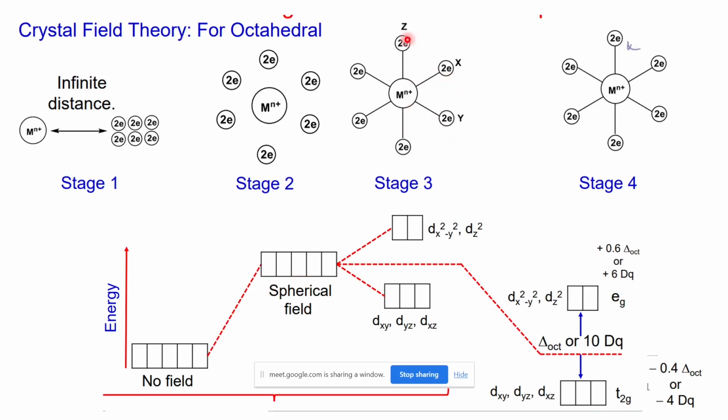In stage 3, the ligands are interacting with the metal through different axes. Some are attacking from the z axis, some from the x axis, some from the y axis, and so on. So due to the different orientations of the ligands with respect to the metal, we have a splitting, because some of the orbitals, as you know,